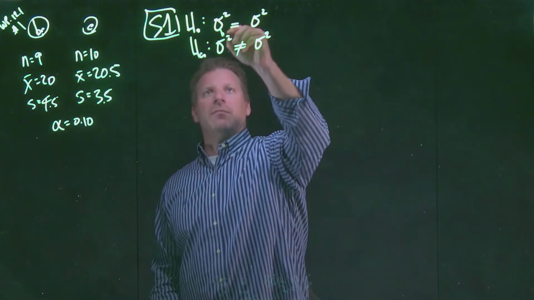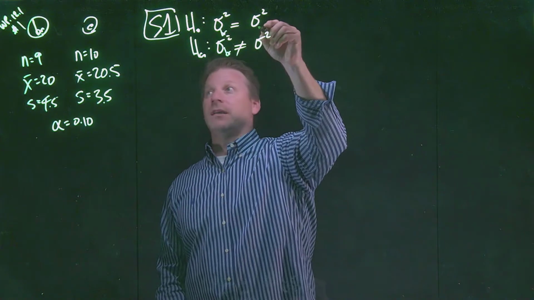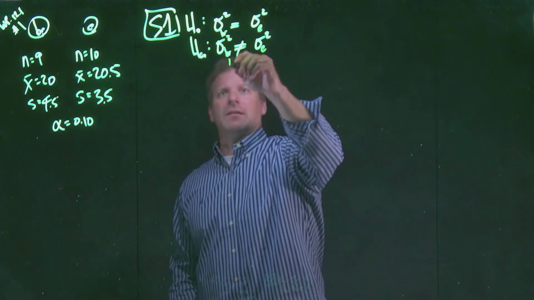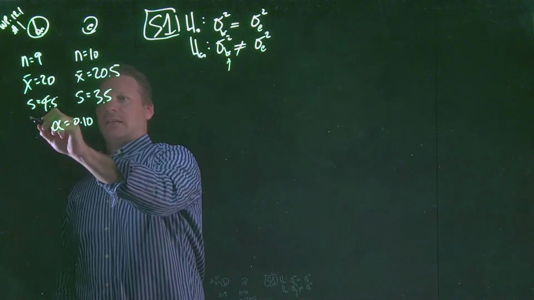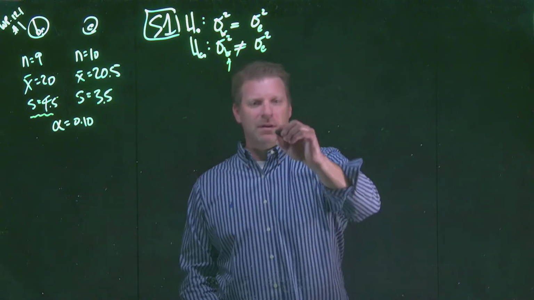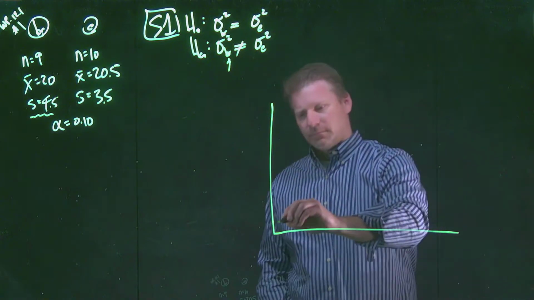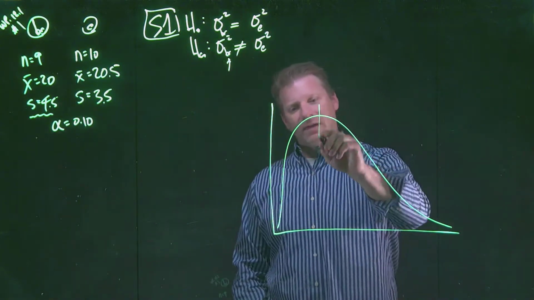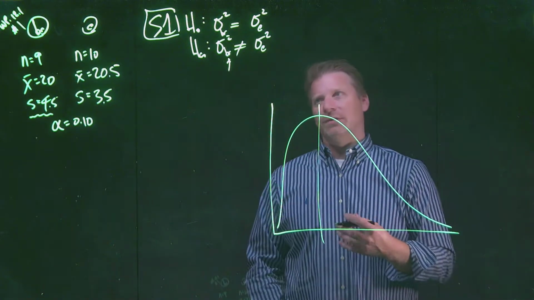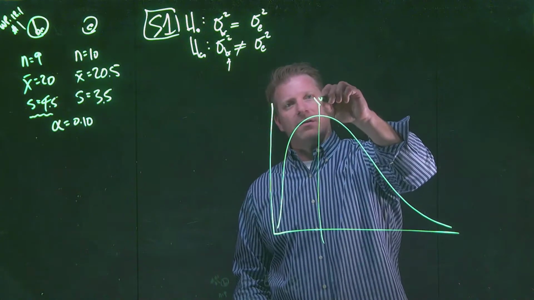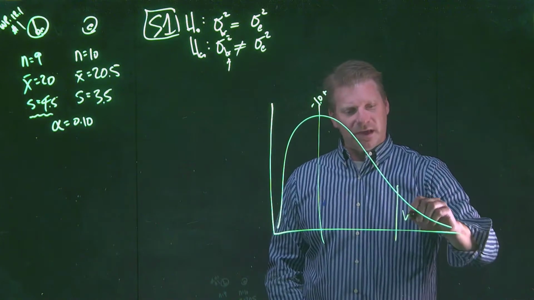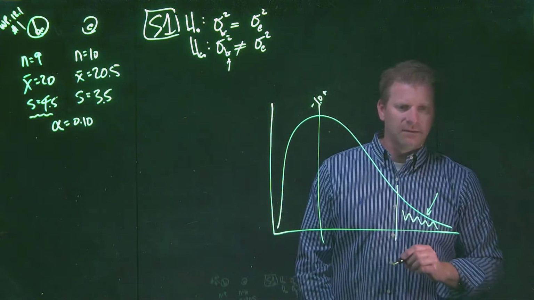In this case, I'm going to put the back roads first in my statements and the expressway second. I'm doing this partly because my sample information indicates that my sample standard deviation is higher. And if you remember, when we looked at F distributions, somewhere in this F distribution we're looking at the ratio of the 2 different sample variances, and somewhere in here we go above 1 and somewhere in here we go below 1. And we want to ensure in this case that we're working on the right-hand tail.